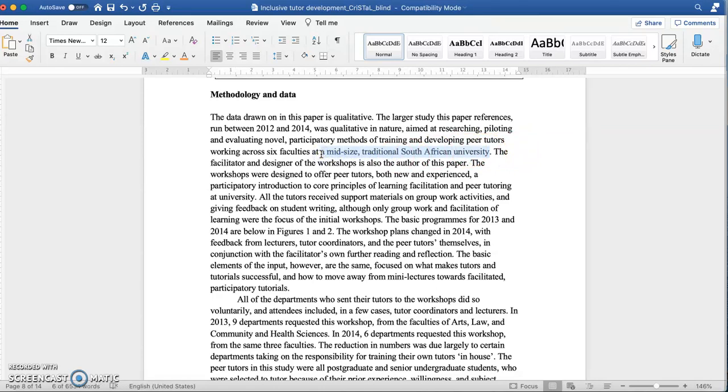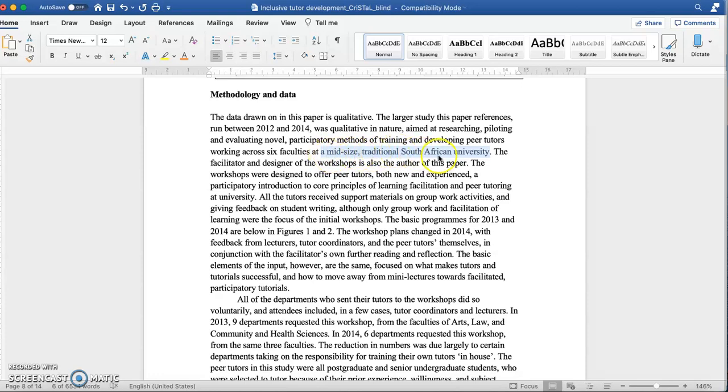Now, I could take out South African, and I could replace it, for example, more broadly with in the global South, or I'm not entirely sure how I would move that for peer review, to be honest. I don't necessarily think that this is going to be too much of a problem for reviewers, because there are